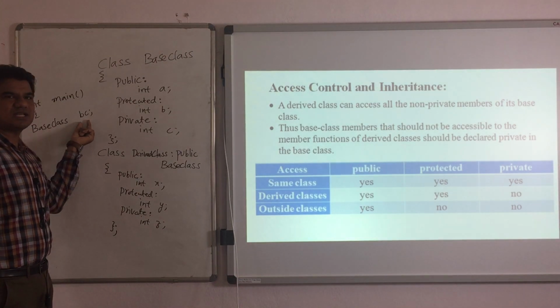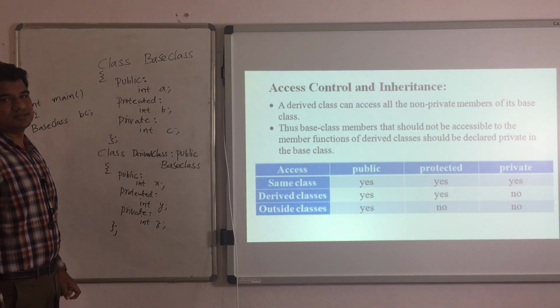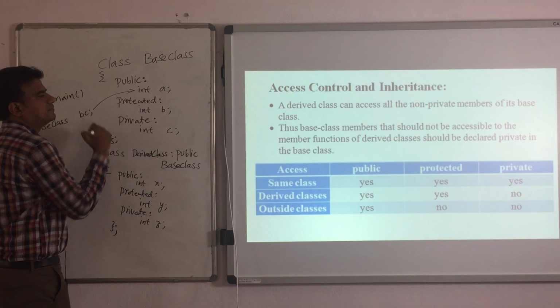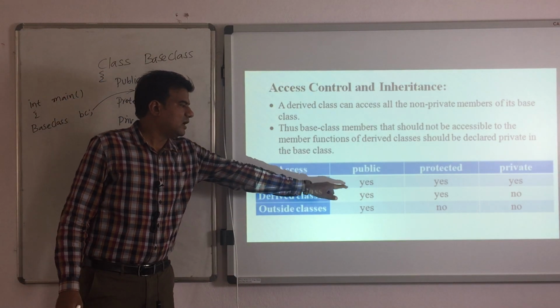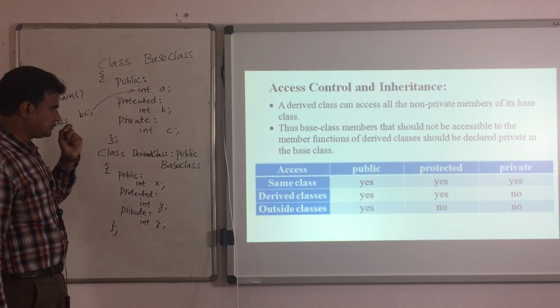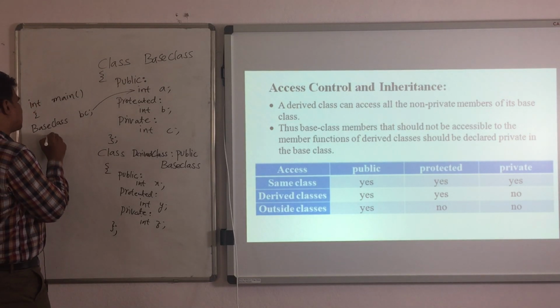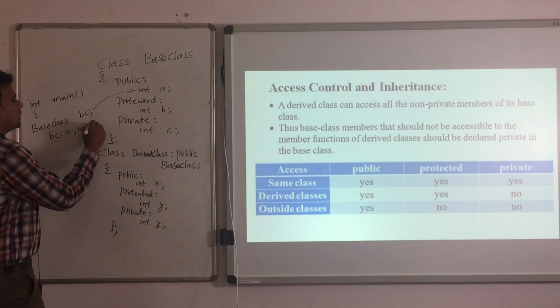Using this base class object, what data members can I access? I can access the public data member A directly. If you try to access it like this, BC dot A, you can access this one.